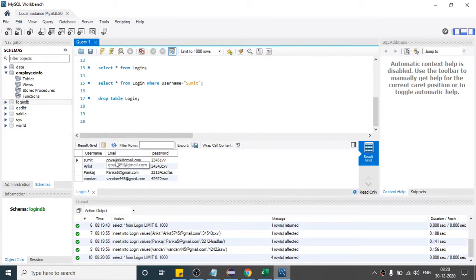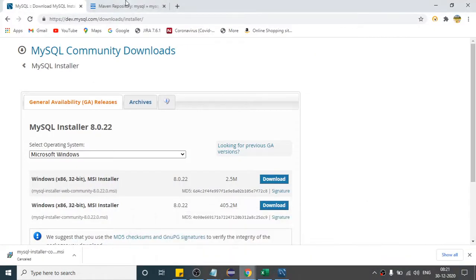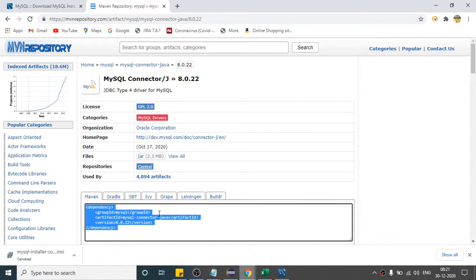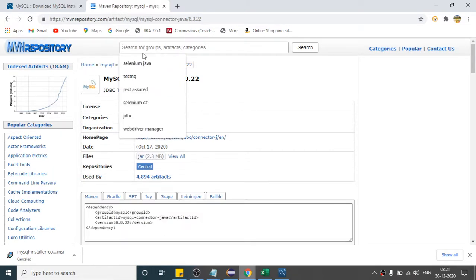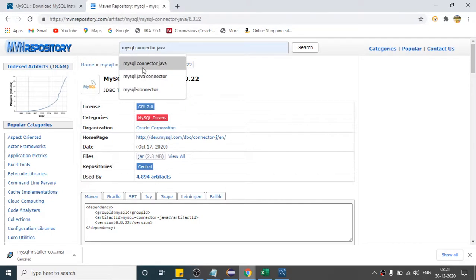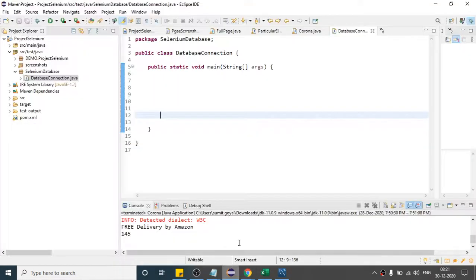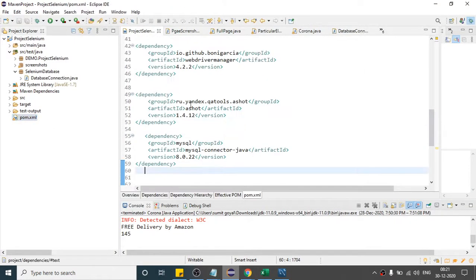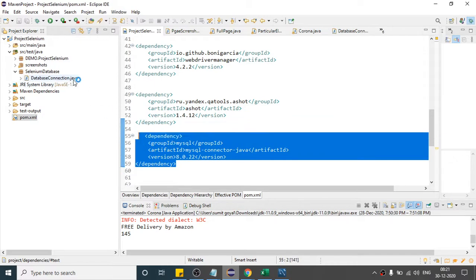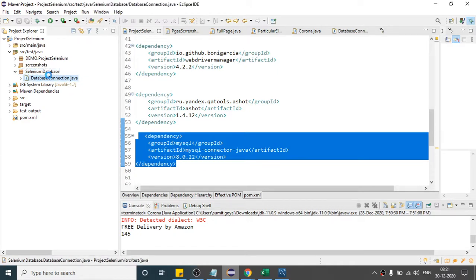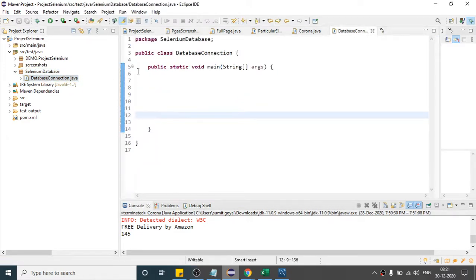So to do that, first we have to connect our database with the Selenium test case so that we can get this data. So how can we connect? For those who have joined late, first you have to get one dependency, which is this one. So you have to type this, right? When you type this, you will land on this page. So get this dependency and place it here in your pom.xml. Once you save it, it will download all the jar files. And here I have created one package, and inside that, my database class. Inside this class, I will write the code so that I can connect to my database.